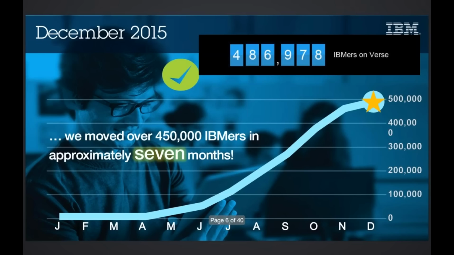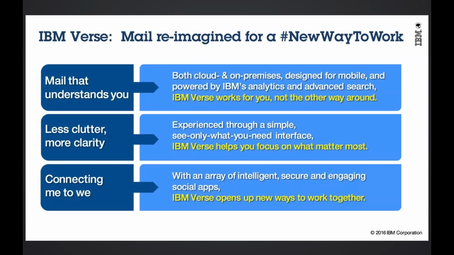We said a couple of things we wanted to do, and when I talk about mail that understands you, the idea here is that we want to make sure that you now have mail that works for you, and we have designed the whole thing for mobile devices. We've designed it to work in browsers, and we now have designed it to make it available in our cloud backend, but also with an on-premises Domino backend, and still using the various analytics and search capabilities that you need